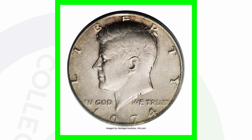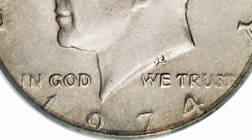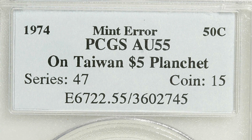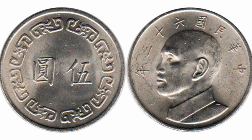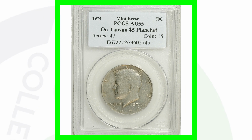Now this coin here is definitely a rare coin. You can see how the design of the coin is not all the way on there, the 1974 being cut off on the bottom. And then here on the reverse, it doesn't look like much is going on, but it looks weird, right? That's because it was actually struck on a Taiwan $5 planchet. And here's an example of that Taiwan coin. So if you find anything interesting, maybe the weight's off or the design doesn't fit on the planchet, definitely get